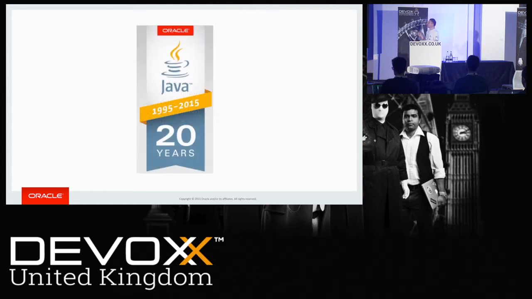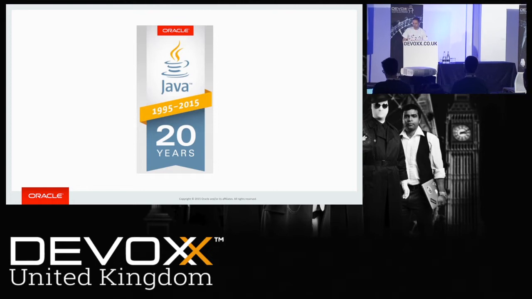Now, one of the interesting things about cloud computing, which has obviously become one of the real big catchphrases and marketing phrases of the last few years, is the way that Java is so relevant to cloud computing. The reason that I find this interesting is because obviously Java is now 20 years old. We are celebrating the 20th anniversary of Java, and in fact the presentation after the break, I will be talking about 20 years of Java.